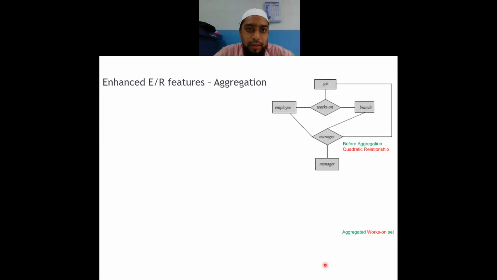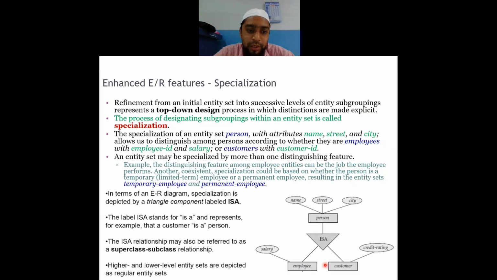Now agree. One more thing. If we go from downwards to upwards, it becomes generalization. In that there are employees and customers, both having certain characteristics, but we are trying to combine these two based on their common characteristics and give it a common name. That is a person. So we'll depict the person here and say what the common attributes are, and we'll just draw this diagram.